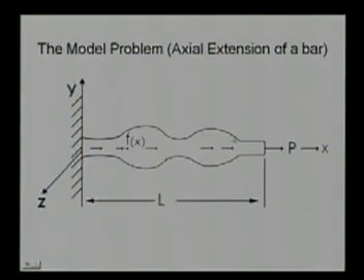So remember that our model problem was this bar problem, where the cross section of the bar was non-uniform and it is subjected to a distributed body force f(x), constrained at the point x equal to 0, that is, the displacement is set to 0 at the point x equal to 0, and at the point x equal to L, a force P is applied. Under the action of this force P, this distributed load f(x) and the constraint at the point x equal to 0, I would like to obtain the solution to this problem.